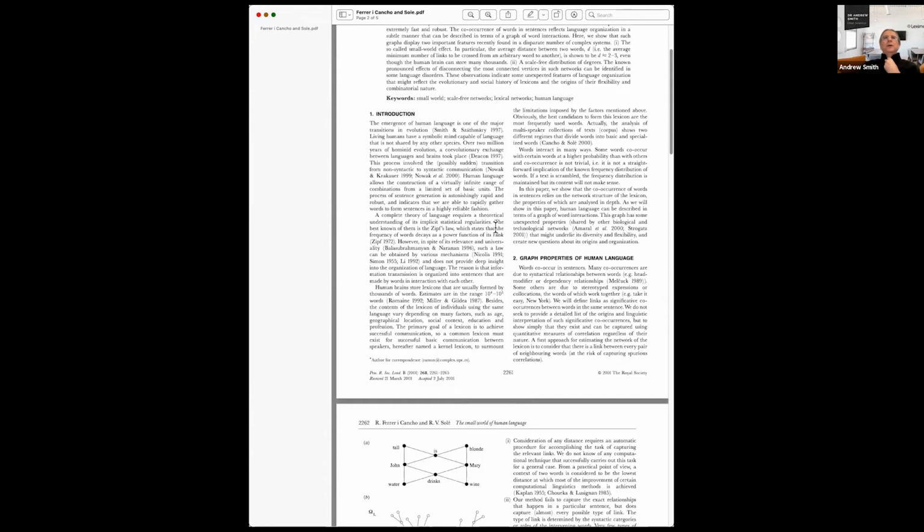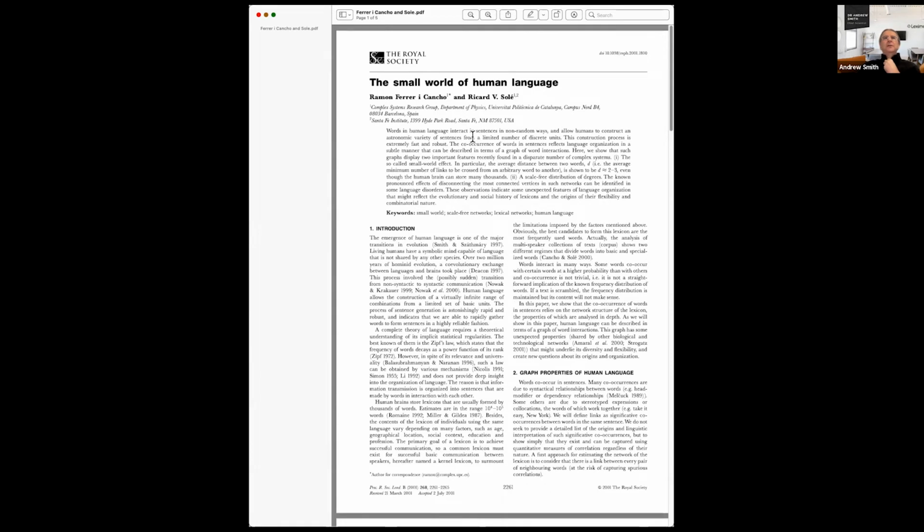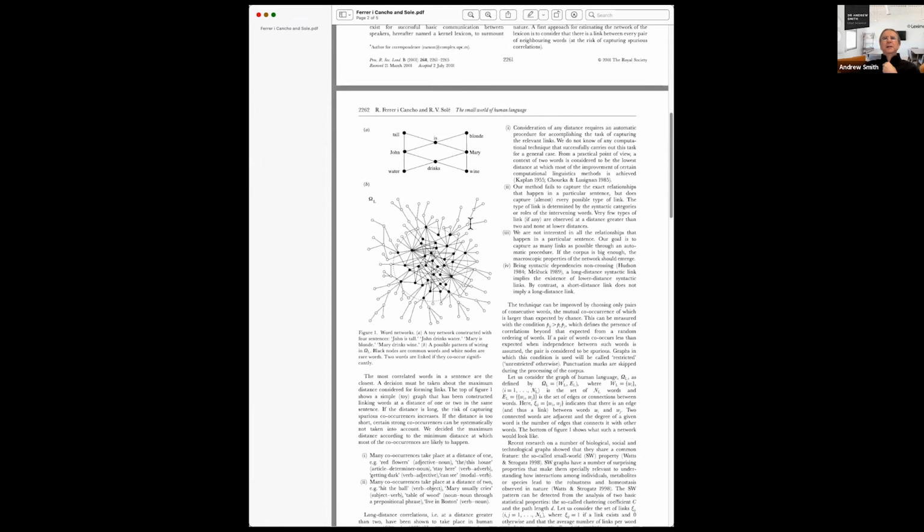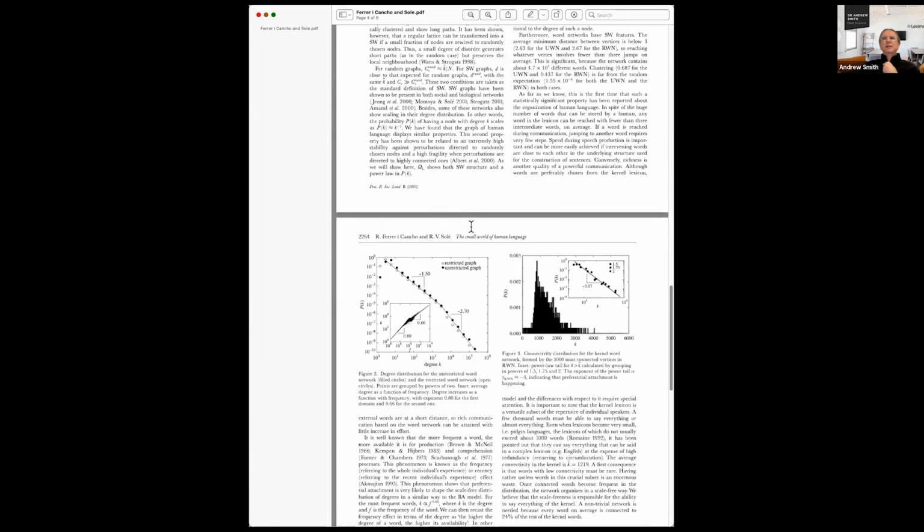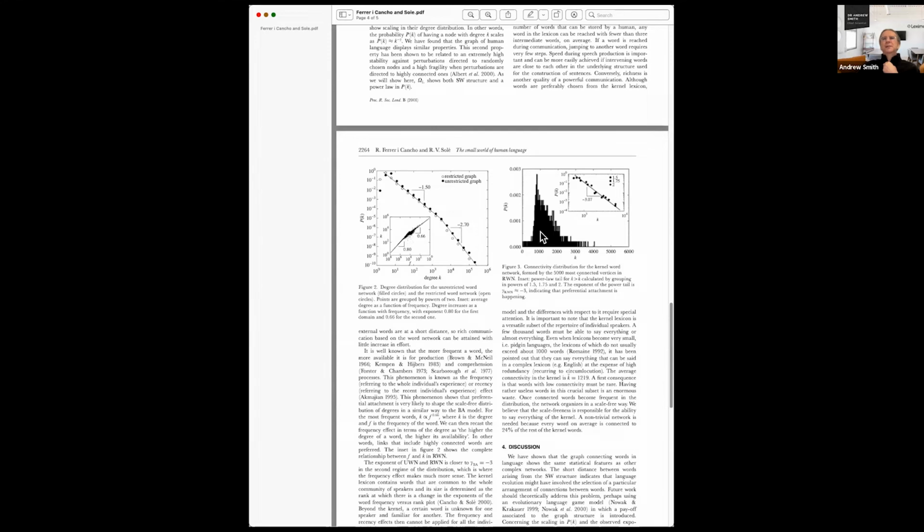Before work like this, there was a thing called Zipf's law, which is spelled Z-I-P-F. That first really showed this, the distribution of the frequencies of words in text, basically. And what it showed was there are a few very highly frequent words and an awful lot of very infrequent words. I think there might be an image in here which shows this. So this is connectivity distributions for words, and you'll see this in a Leximancer map shortly. There are a few very highly connected words and an awful lot of very weakly connected words.